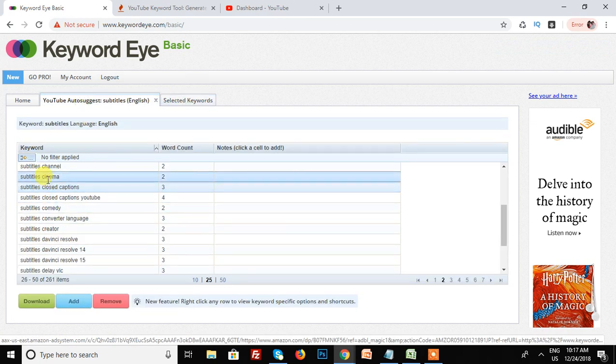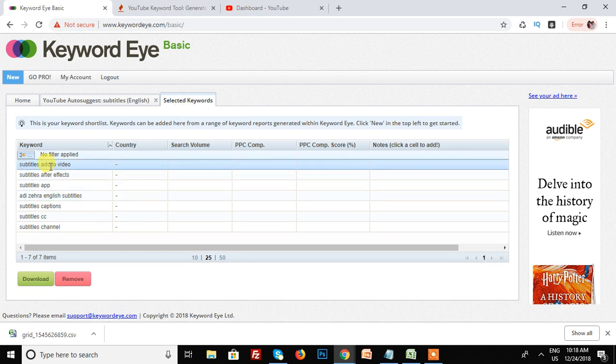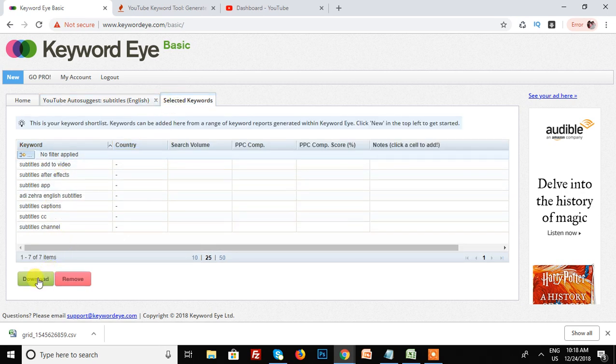You can also download all the keywords. Click this, and the keywords in these search results are downloaded in CSV format. I'm downloading the selected keywords which I selected from these lists.